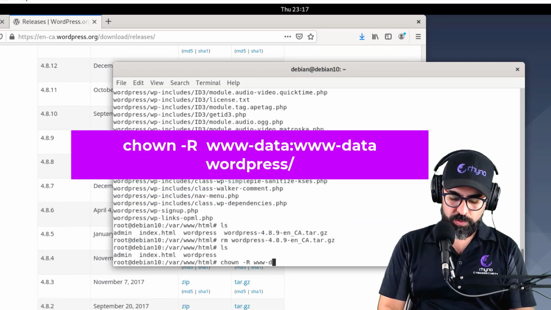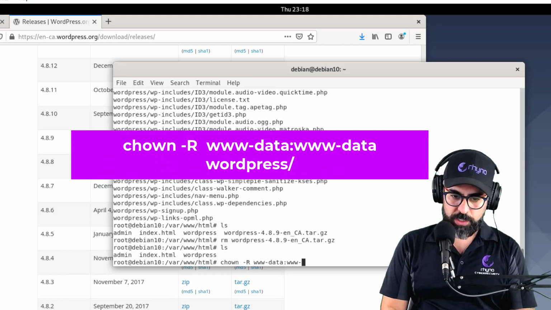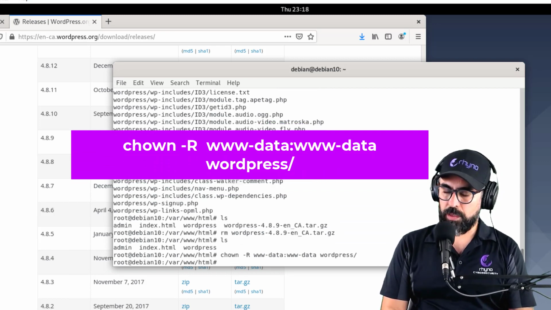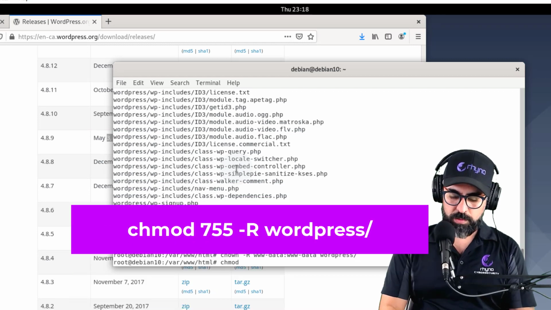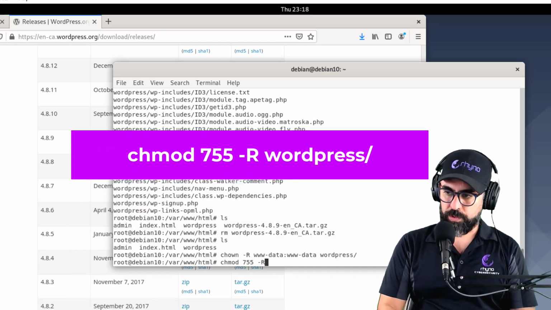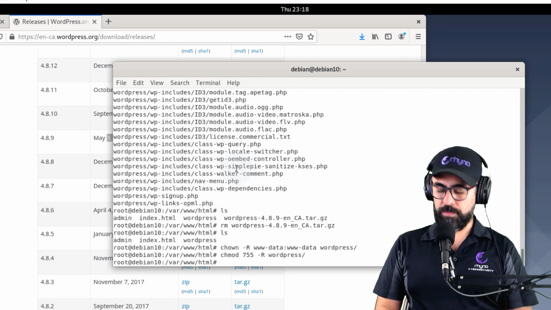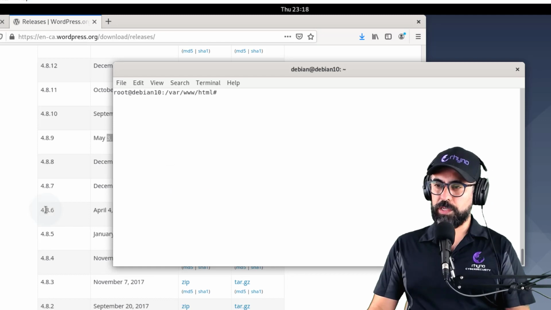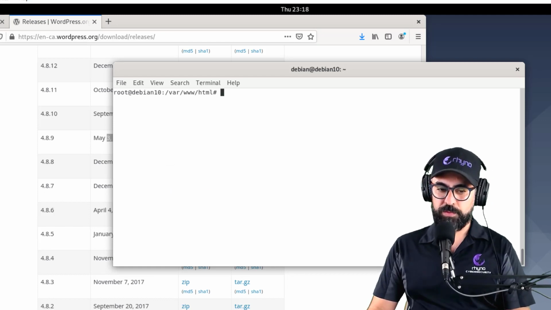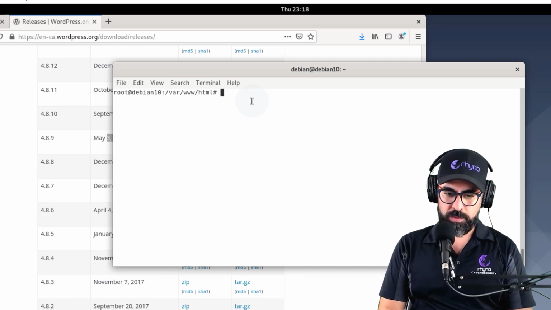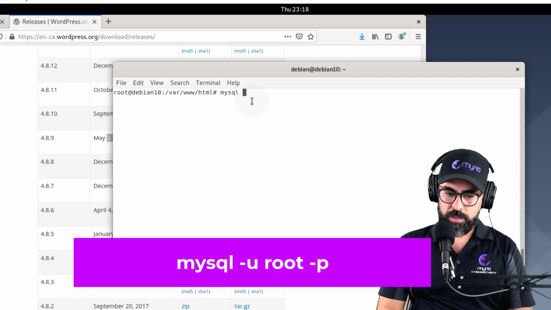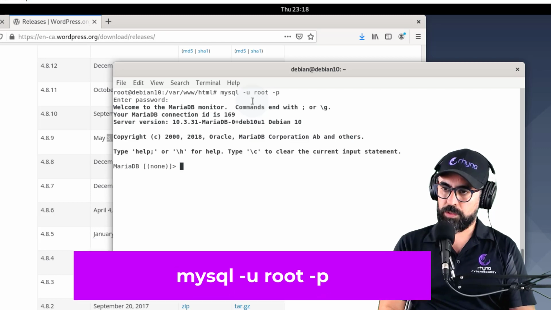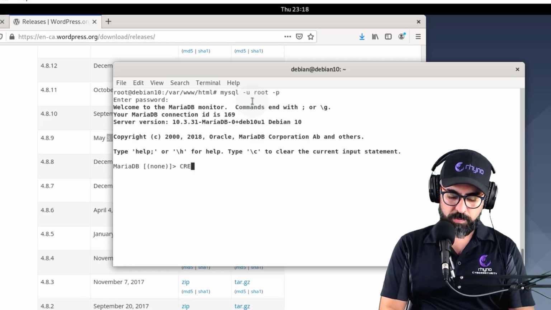So now we have to chown recursive. So we are changing the ownership to www-data for WordPress. And we're also going to chmod 755, also recursive, WordPress. Okay, great. Let's clean this up. We're going to create a database for this thing also, right? So let's log into MySQL. So mysql, and the user is root, and the password root. All right, so let's create